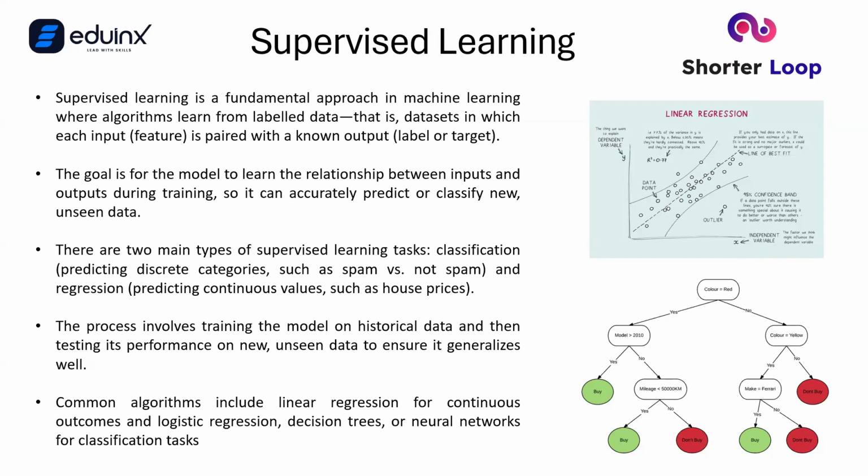Or let's say 4, 6, and odd numbers 1, 3, and 1 is also a prime number, right? So 3, 5, 7, 9, these are your odd numbers, correct? So here you are storing your odd numbers and even numbers like 2 in your memory, that this is the even number, this is the odd number. And then you say, okay, a plus b, where 2 is given as a, and let's say 3 is given as b, and then you are asking what is a plus b. So it will take the labeled data, and then it will say a plus b is equal to 5.